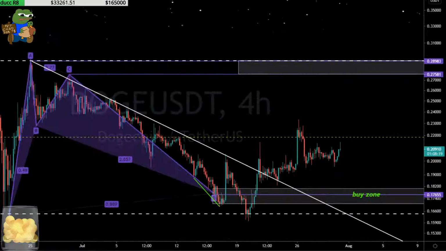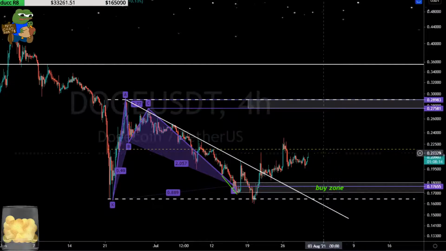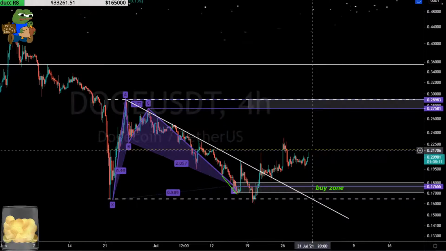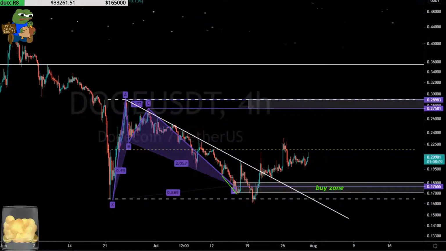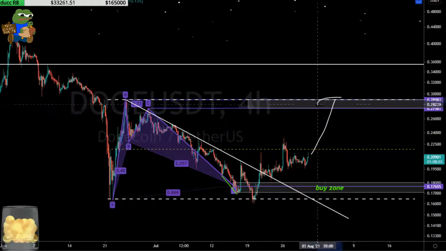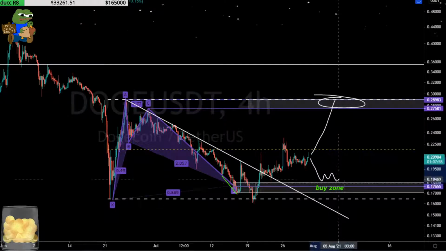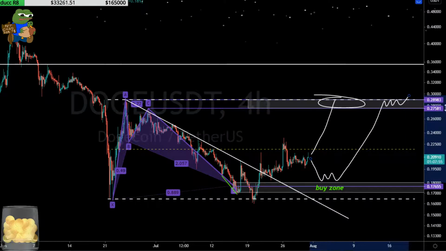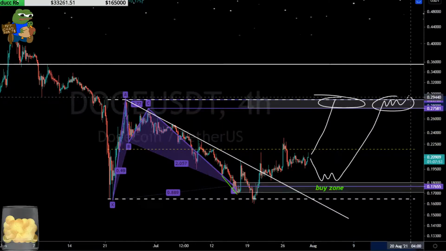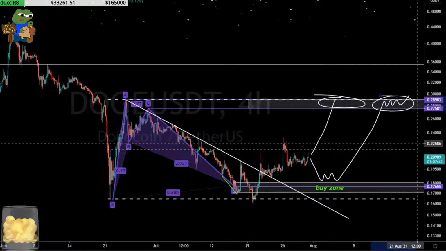Okay, DOG looking to rally. Okay, you had this buy zone, you've rallied, you're approaching this midpoint, lagging a little bit. This likes to run sometimes when others don't, so maybe this runs by itself up here and you hit these buy zones later. If not, maybe this just sells off one more time and then it does it on the next one. Okay, either way, you're probably going to find yourself up here at 27-28 cents in the next few days or weeks, on DOG.